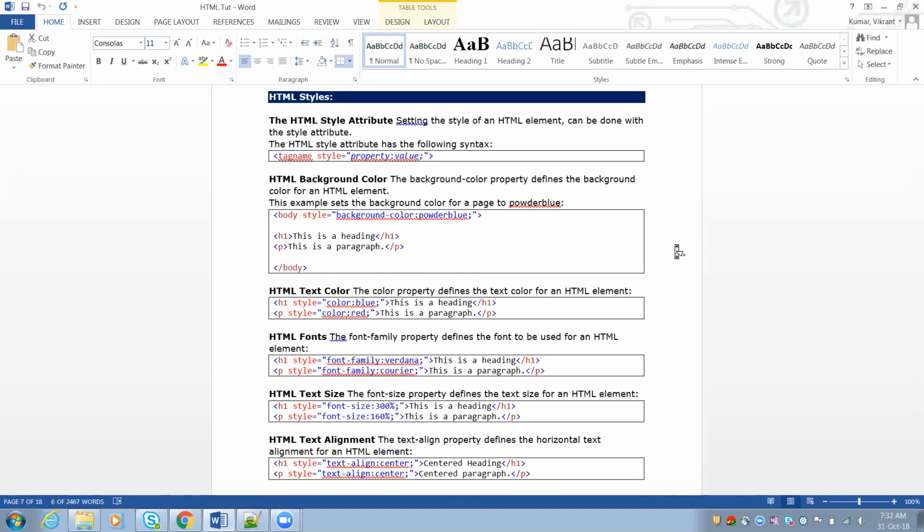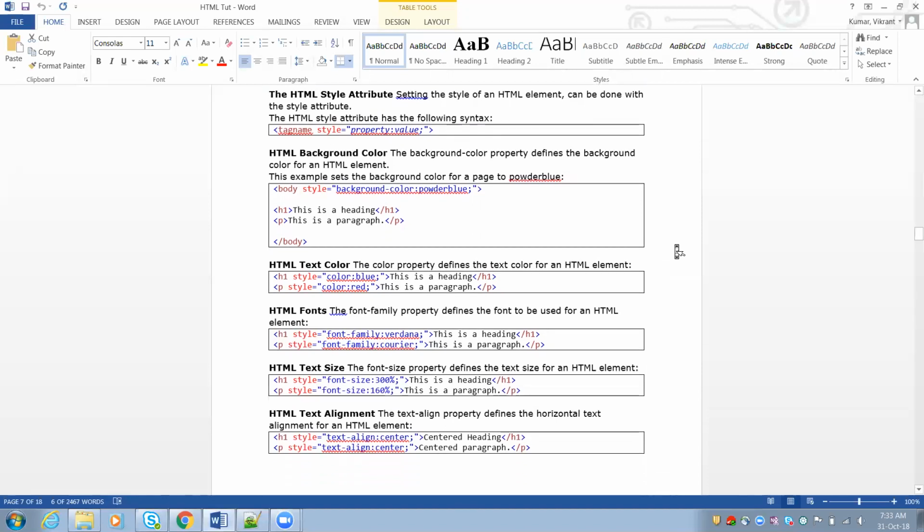So you should know first how to create a table using HTML, and after that I will just brief about how to get the report using PowerShell, and in that PowerShell report how we can include styles. Okay,